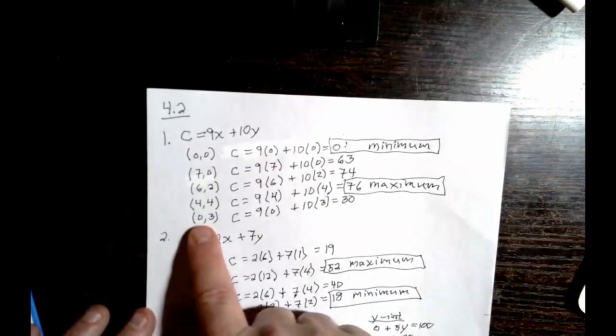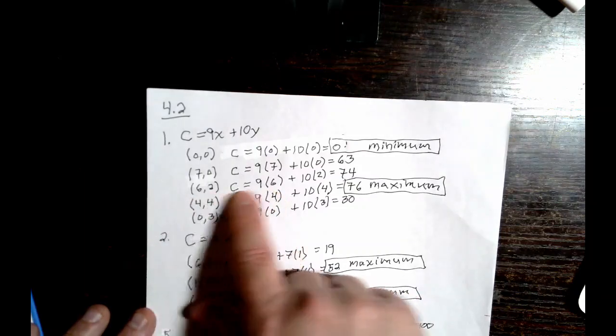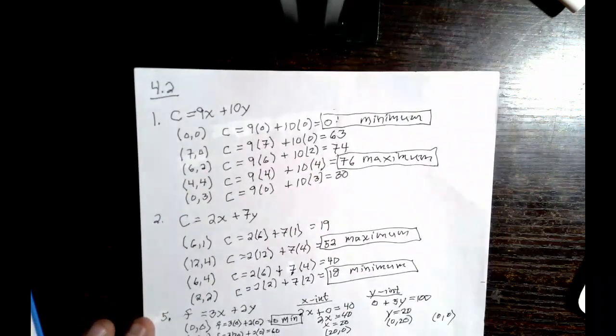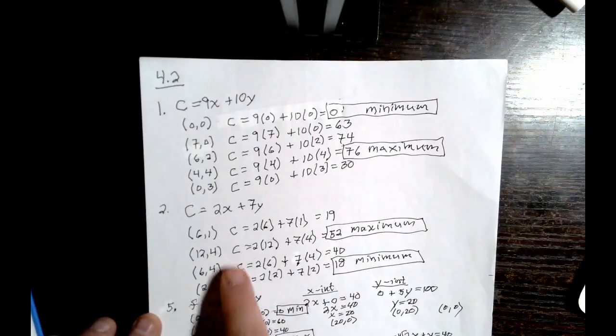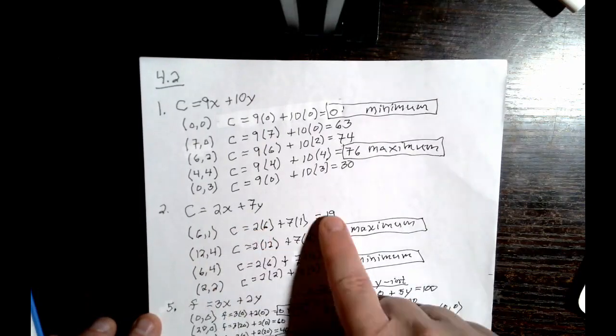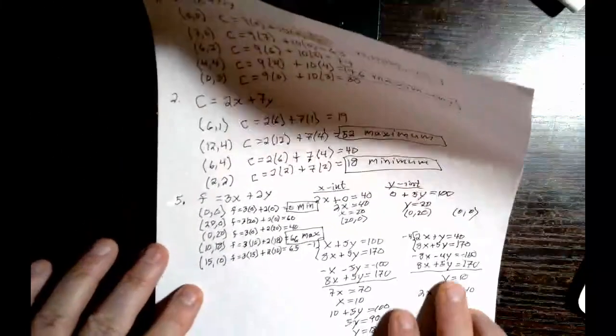When you plug in 0 for x and 3 for y, 6 for x and 2 for y, and so on. They do the same thing with number 2. They give you the corners already and you plug them into this. You pick the largest and smallest. Okay. And number 5,